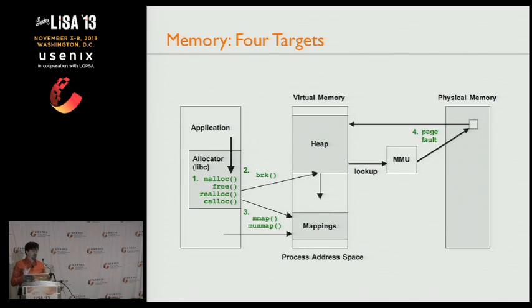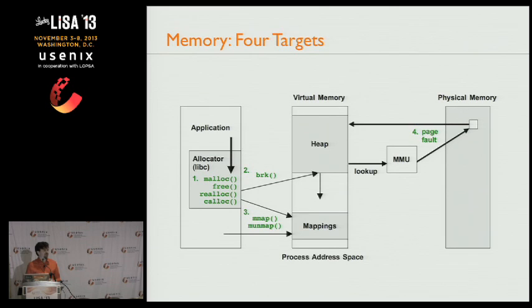Our systems are all typically demand-based allocators. So when you malloc memory, you don't get a page mapping. You don't have a piece of physical memory in your process at the moment you run malloc. What happens is the operating system lies to you and says, sure, you've got that memory. But when you access it, that's when the lie falls apart. And what happens is a page fault, and the MMU, the memory management unit on the processor, then has to tell the operating system kernel, now is time to do that mapping. This is great because it defers the expense of doing mapping until you actually need it, until you go and write to memory. And that's when it does a page fault and maps it. Why am I going through this?